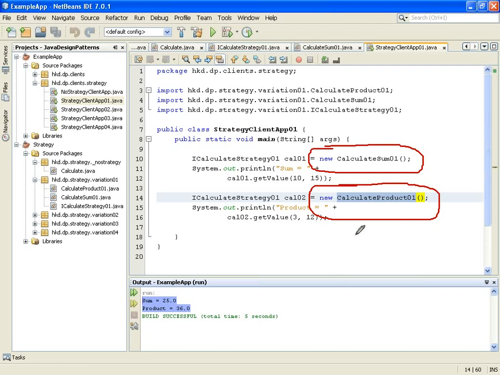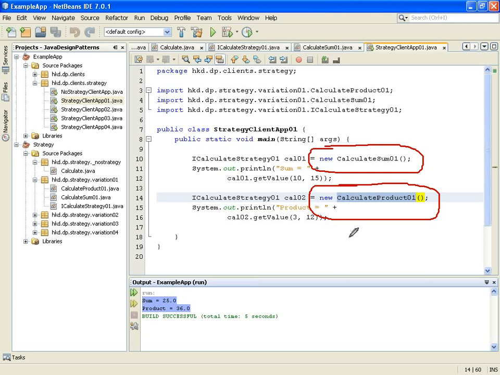So we need to check whether we need the instance or we don't need the instance. In our application where we are having just two values A and B, and we are applying some algorithm on A and B, we don't need a separate instance for each strategy. We just need to pass two values to a method, and that will return the calculated value. So for our scenario, this is not required.